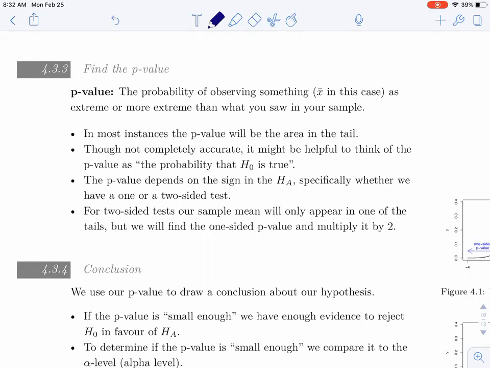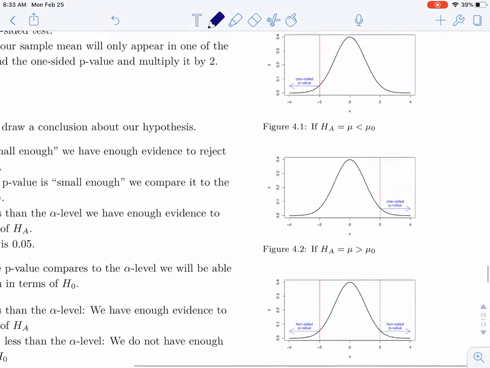Okay. What we do for a one-sided test is we just find the area in the tail, and that's it. That's your p-value. Okay. For two-sided tests, it gets a little trickier because we only have one sample. Right? So our sample mean is either going to be below or above the hypothesized mean. That's just how it is. Okay? But what we do is we find the area in the tail, and then we multiply it by 2 and pretend that it happened on the other side as well. Okay? And so just to illustrate,